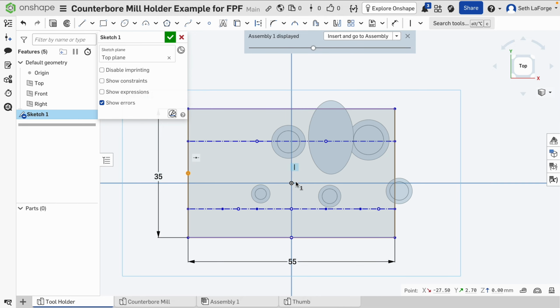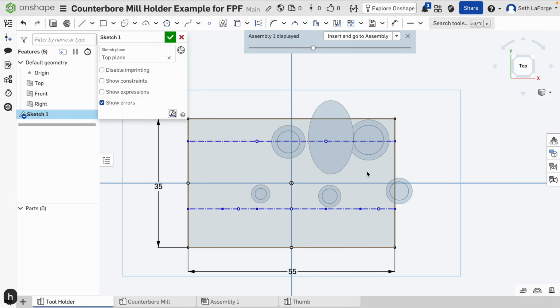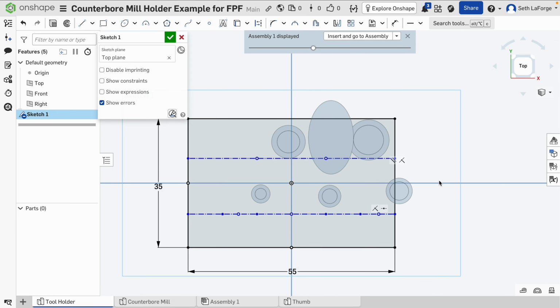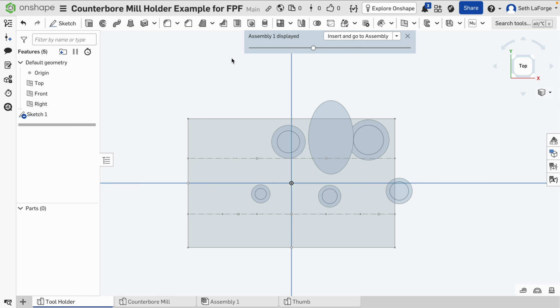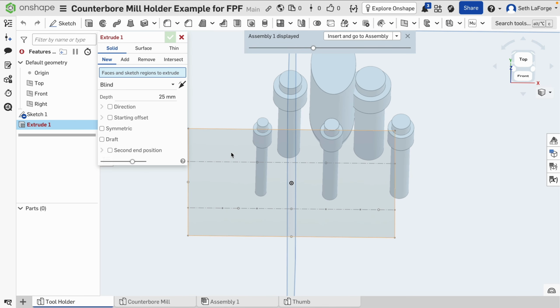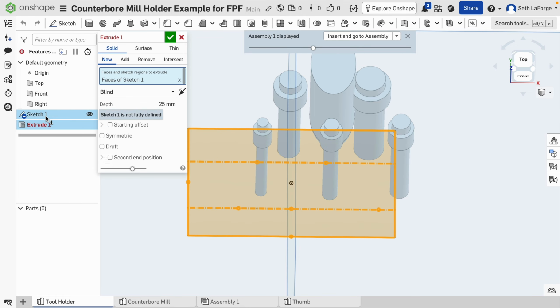Constrain those vertically, constrain these horizontally. I'm realizing this is not really the greatest example, but let's go with it. And I'm going to do something interesting here before we fix the vertical spacing of these. So now you notice my stuff in the assembly is totally in the wrong place. That's fine. Let's say that the bottom of the bits are going to hit those points. So we can extrude this